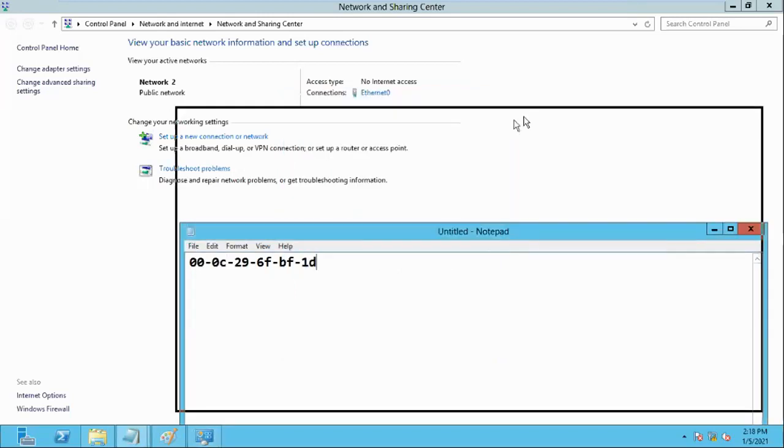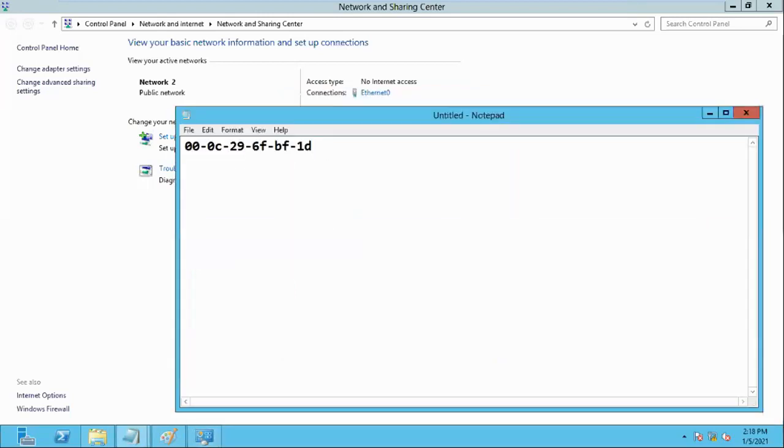Clear? This is a hexadecimal number. What is a hexadecimal number?